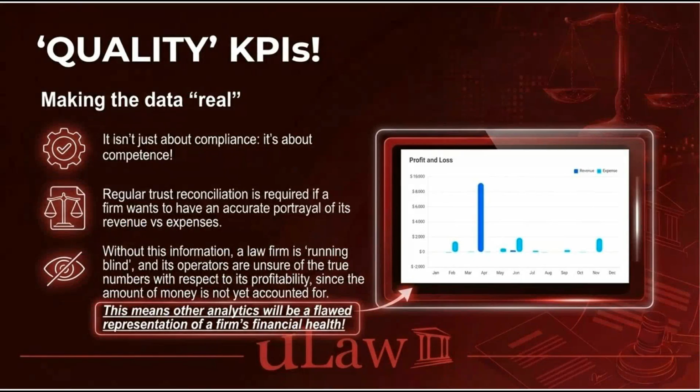Similarly, with quality KPIs, you're making sure that compliance is all about competence. You're able to make your trust reconciliations month on month. You're having your general and trust at par. You have indicators that show clearly all the revenue and expenses. Your expenses are much lower, sometimes at par. You're able to account for every single bit of money that you have gotten into your account